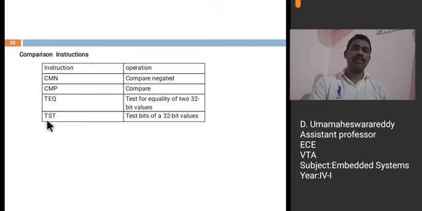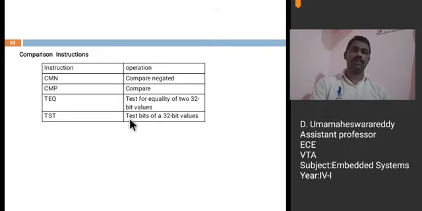Next, TST, test bits of a 32-bit values. This TST instruction performs bitwise AND operation on the value in Rn and the value of operand 2.